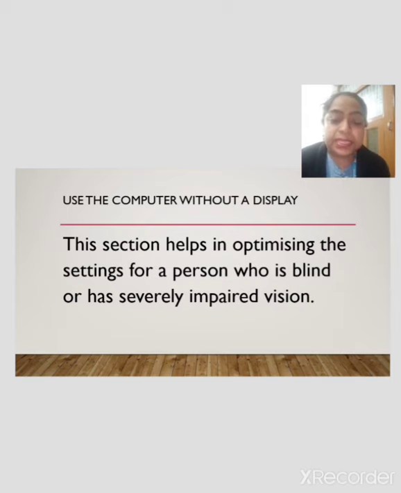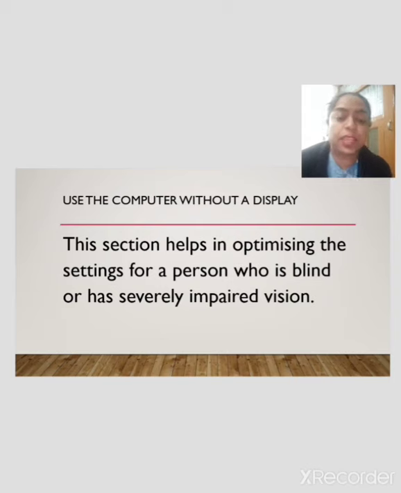That means this is the option in a computer where you do not use any display, and still you can work with the computer. In our surroundings there are some persons who are blind, who are not able to see everything clearly.